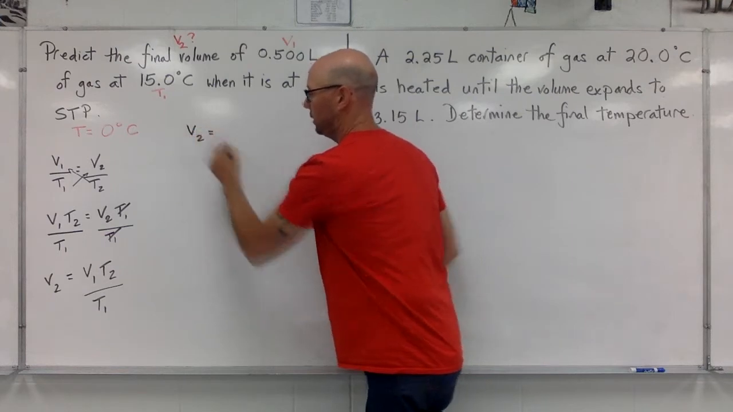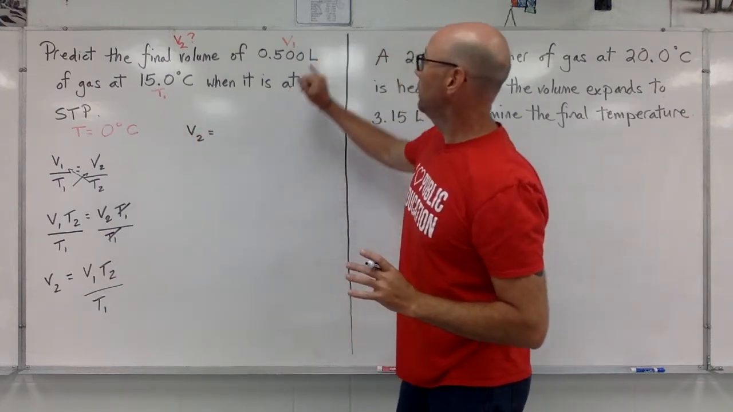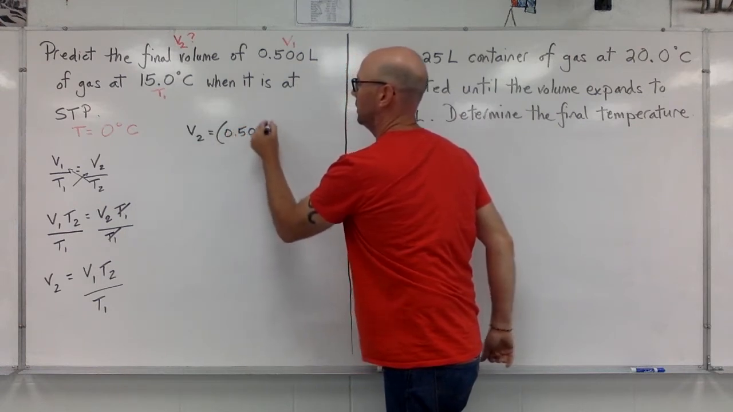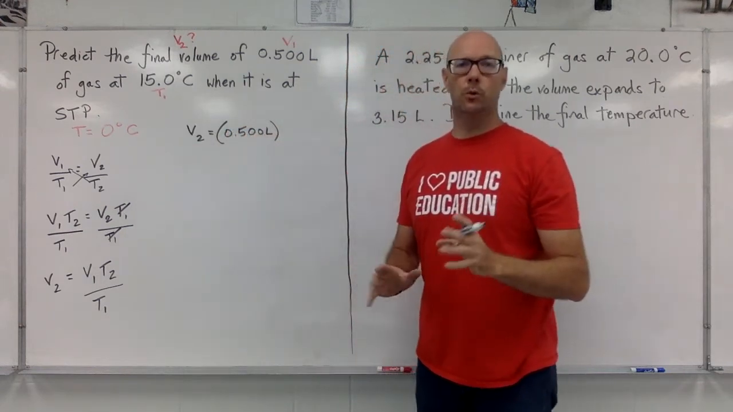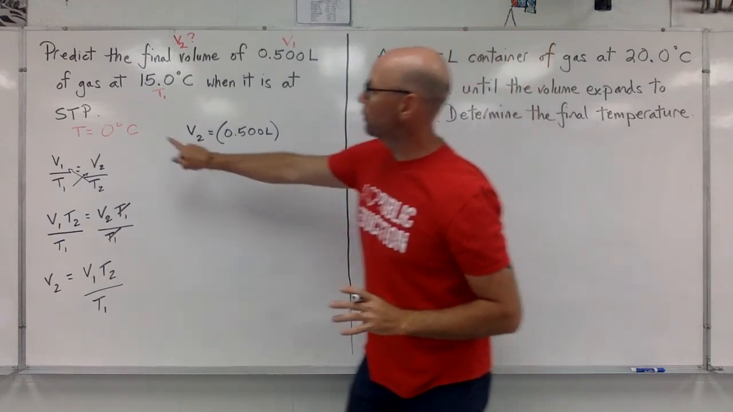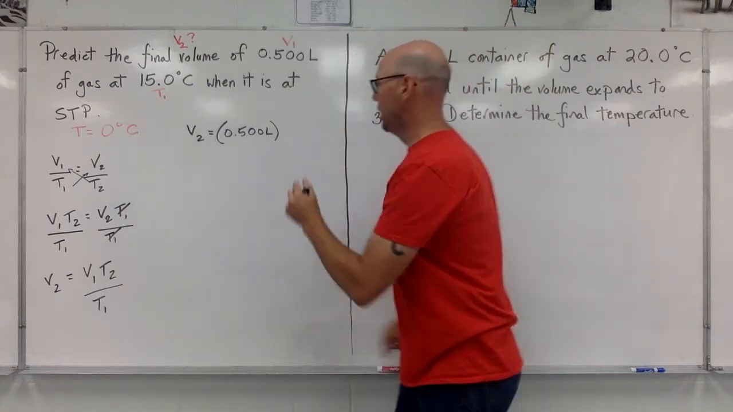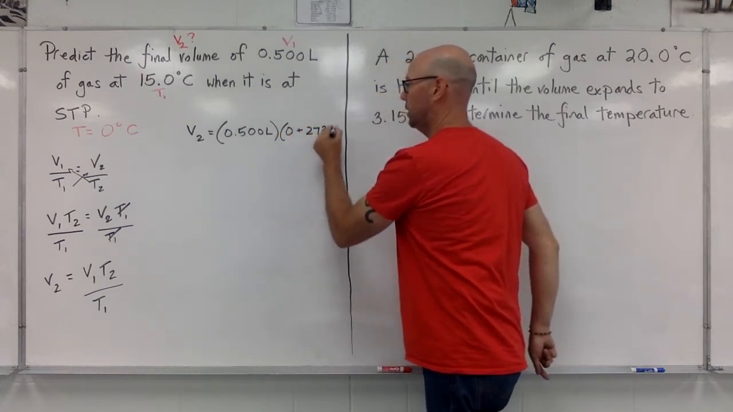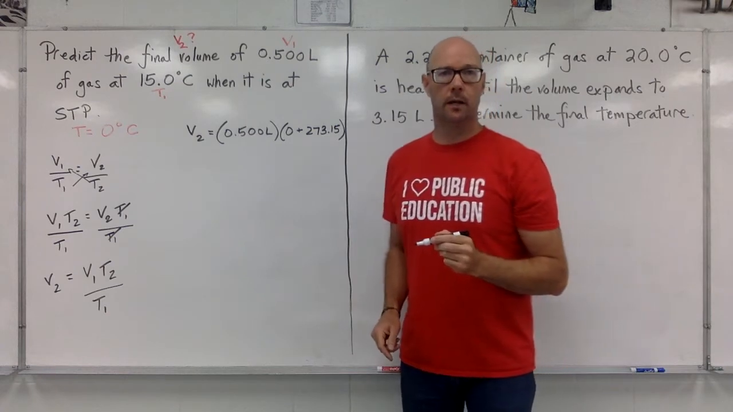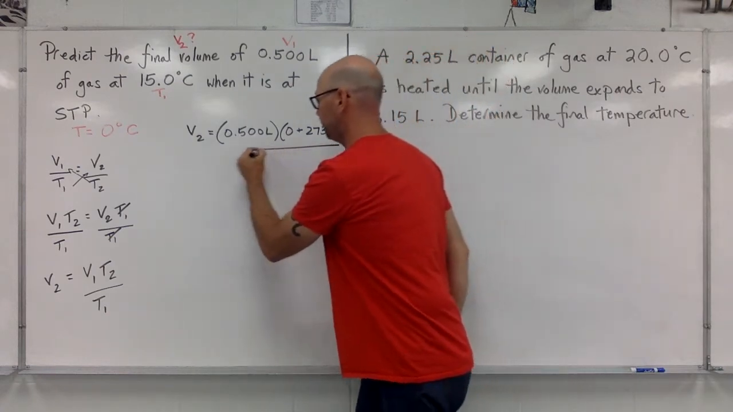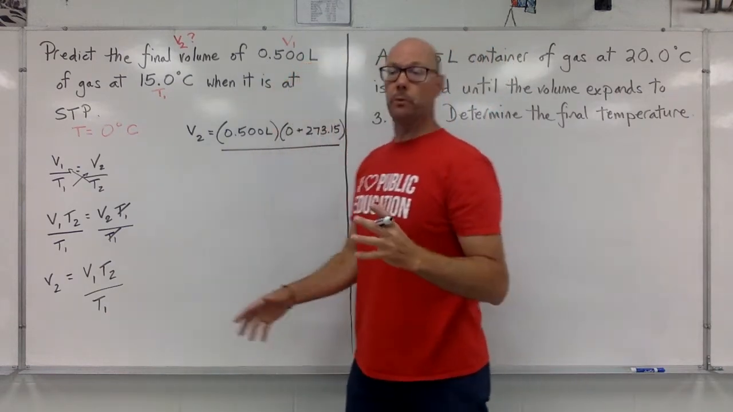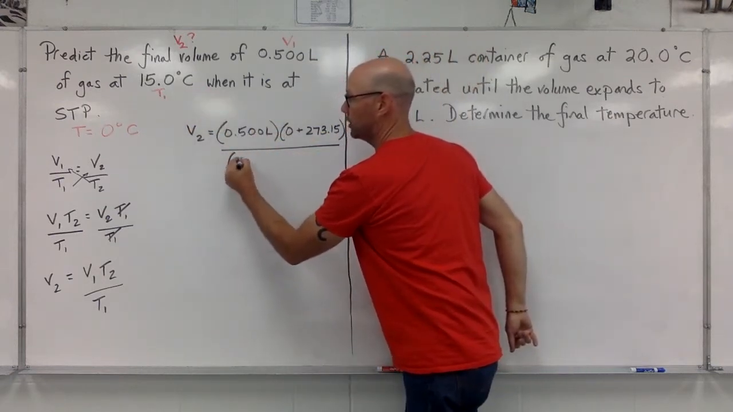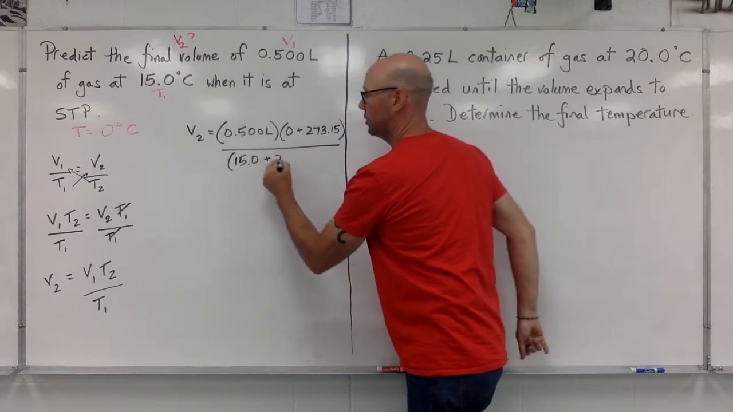V2 equals V1. What's V1? 0.500 liters. T2. What's T2? Oh, this one. 0 degrees Celsius. So that's 0 plus 273.15 Kelvin. This is divided by T1. What was T1? 15 degrees Celsius. So the Kelvin temperature is going to be 15.0 plus